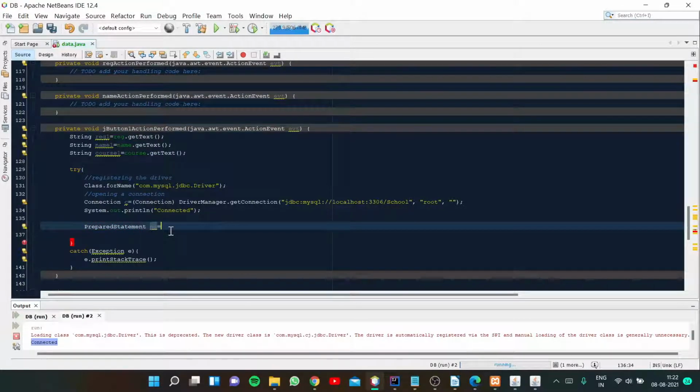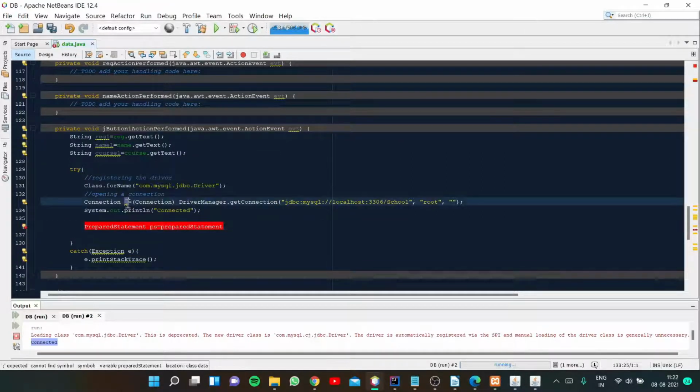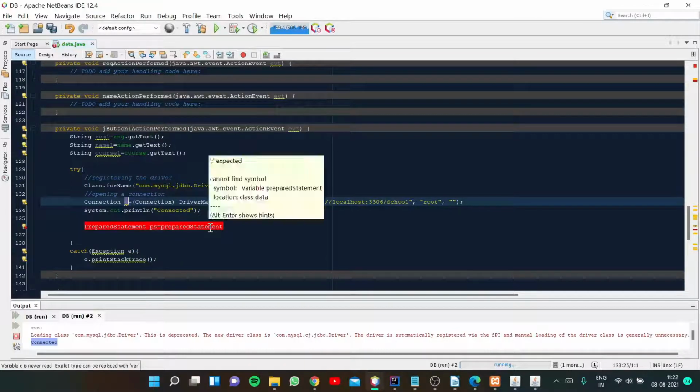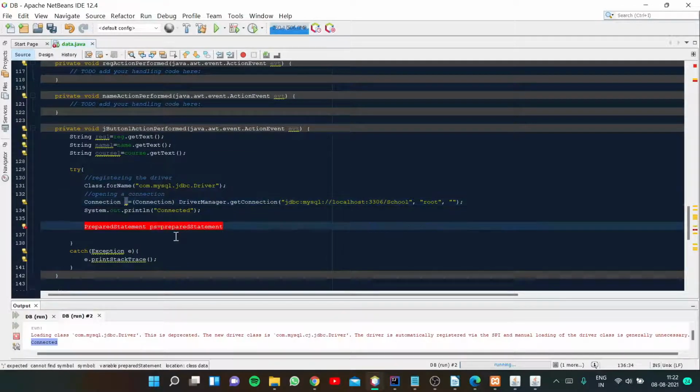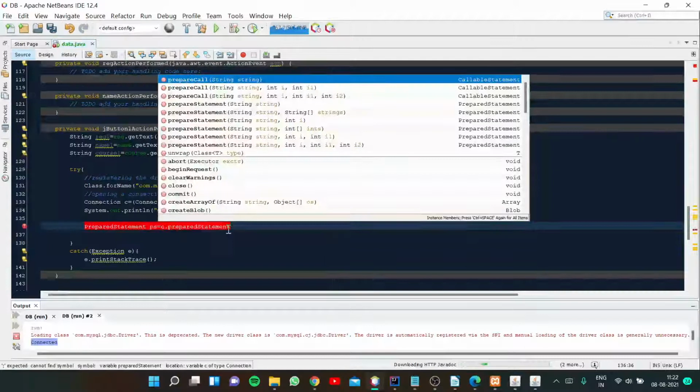Now the syntax: here it will be a capital PreparedStatement, and now we are going to use a small prepareStatement. Connection dot, we are going to connect from this connection and prepare a statement. So PreparedStatement ps is equal to c, the variable c, dot prepareStatement.